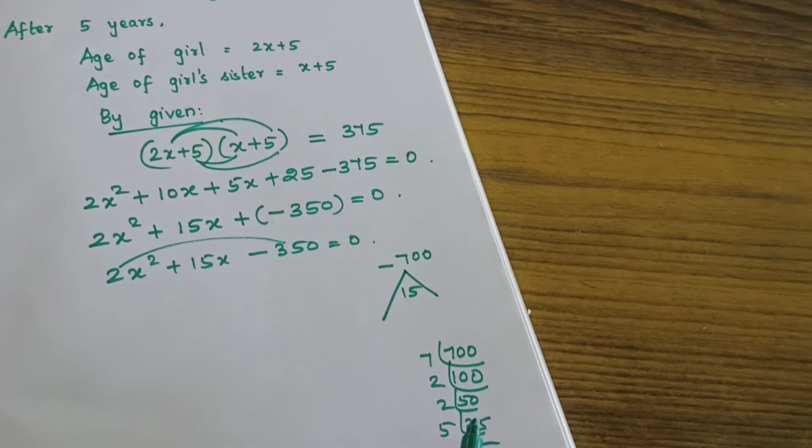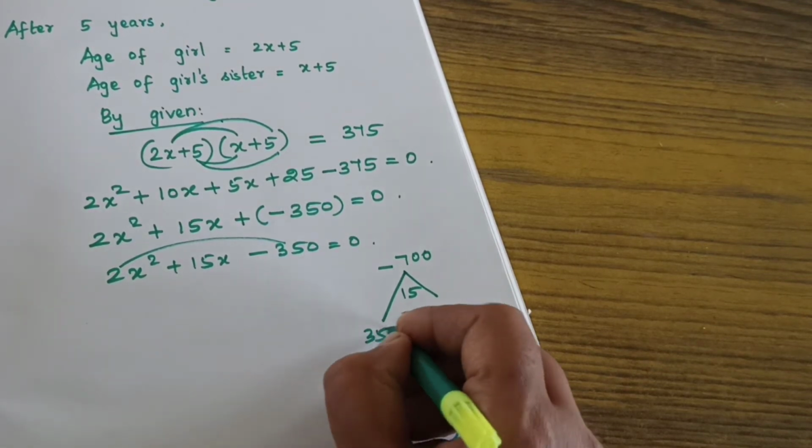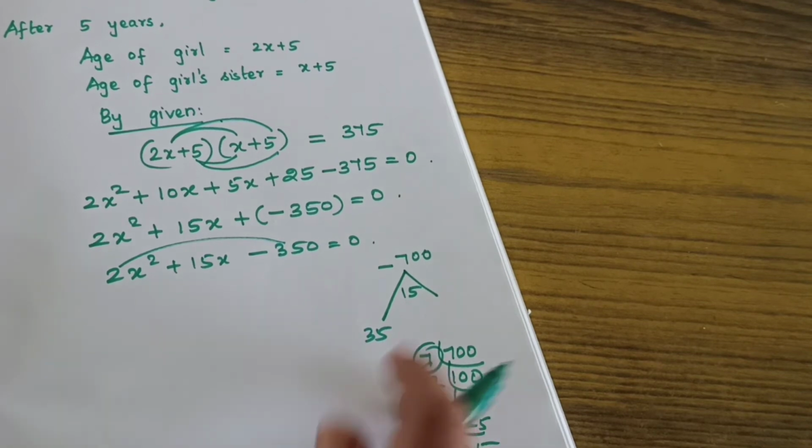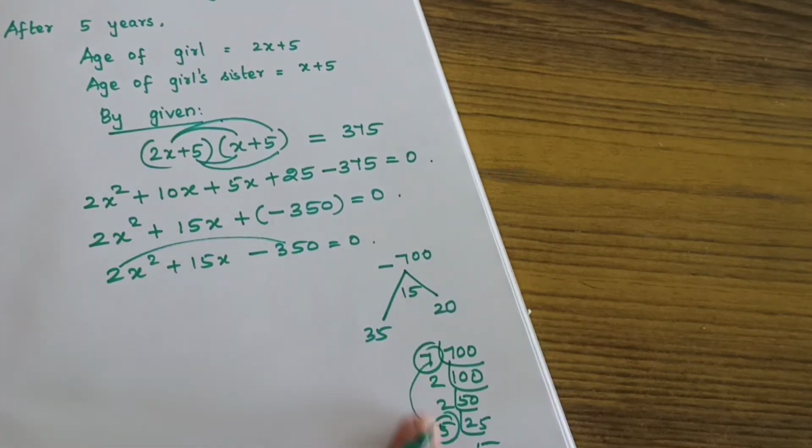Okay. So multiplying here, 7 to 14, 14, 28 and 25. No, not possible. So 7 into 5 we can take. 7 5s are 35. And 5 2s are 10, 10 2s are 20. It will come now. So 7 5s are 35. Then 5 2s are 10, 10 2s are 20. Like this we need to calculate.